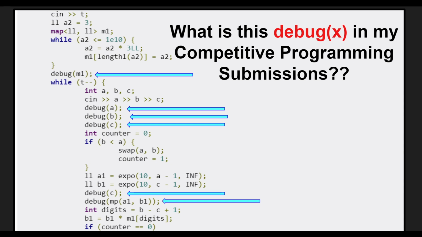As you can see in this segment of code, which I've picked from my accepted solution on Codeforces, there are a lot of debug statements in this small segment itself, and I haven't removed them. In fact, I haven't even commented them out. Okay, so in this video, I'm going to help you set up a similar debugging environment for yourself. I would highly recommend you watch this video from this point till the very end because I'm going to explain the reason for each and every line of code that I'm going to write here.